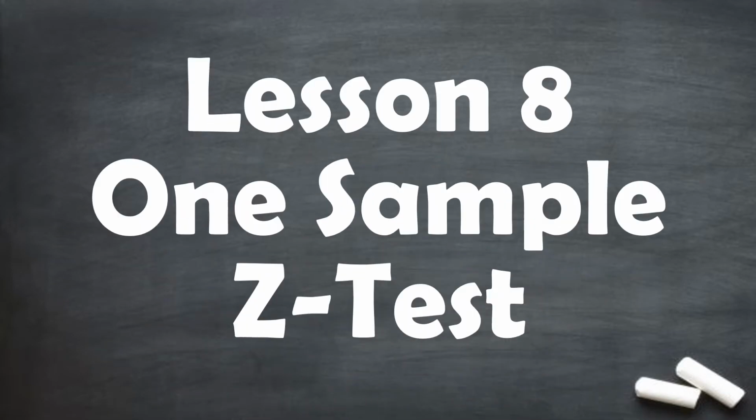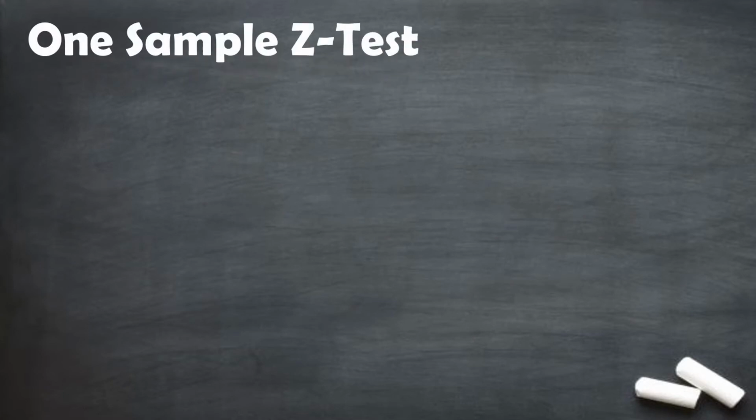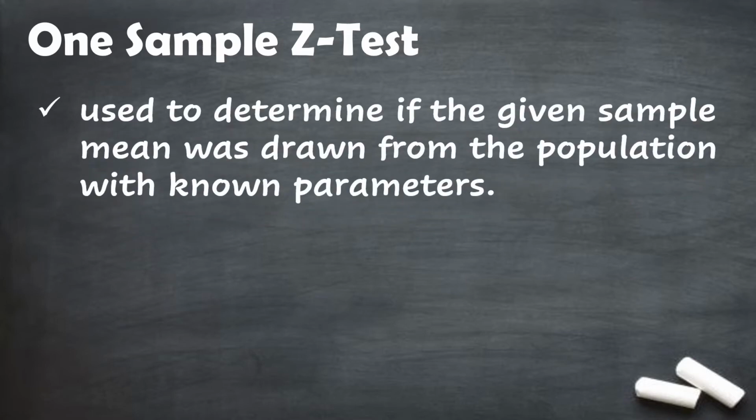Lesson number 8, one sample z-test. One sample z-test is one of the basic statistical treatments that you will encounter. So this statistical test is used to determine if the given sample mean was drawn from the population with known parameters. Or in short, you want to test if the given sample is a representation